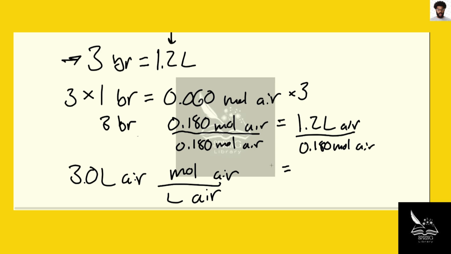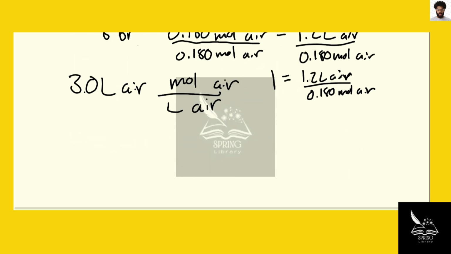And what we get is that 1 is equal to 1.2 liters of air over 0.180 moles of air, which means that we can now multiply. If we have an expression that's equal to 1, then by the rules of algebra we can multiply anything by this and it won't change the meaning of the equation, meaning we could say 3.0 liters of air